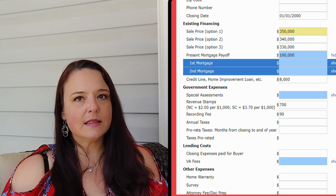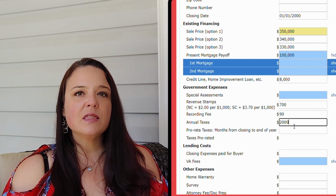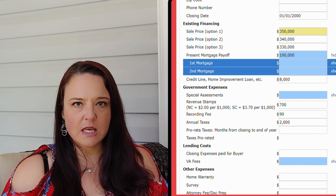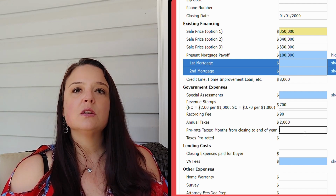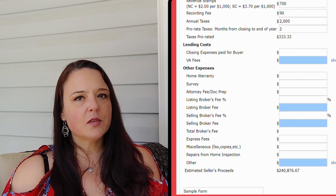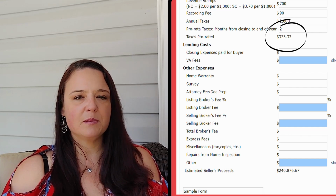And in our area at this price point, a good average for property taxes is about $2,000. So that's what we're going to plug in here. In the box directly beneath it, we're going to put the number of months that you will not be living in the house for the remainder of the year. So for this example, we're going to say you're closing on your property in October, so you will not be living in the home for 2 months. Once these 2 fields are completed, then the 3rd row will auto-populate with the amount of taxes that you will not be paying. And for this example, it auto-populates at